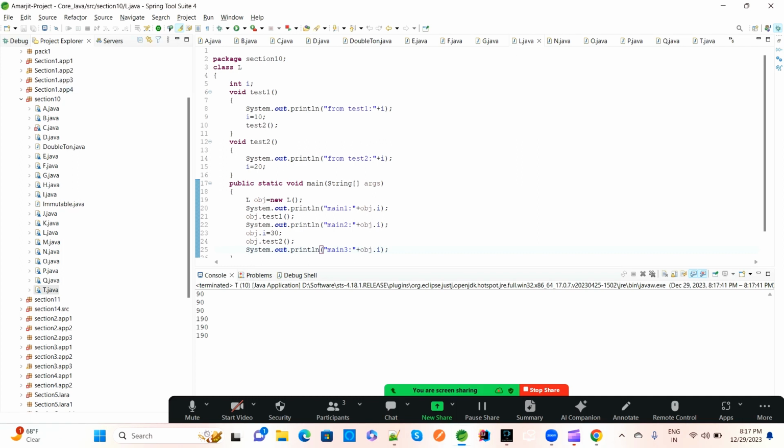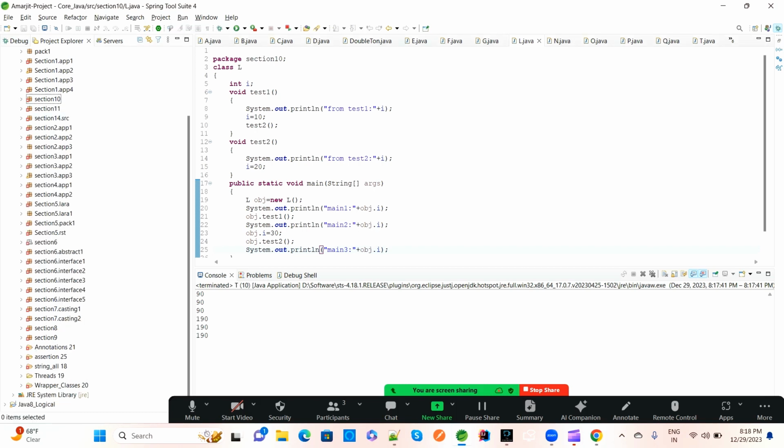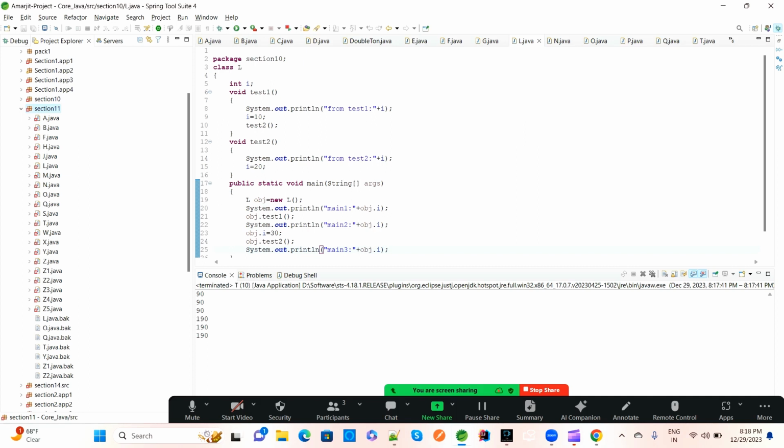So till now we covered section 10. This section 10 has covered all the concepts which we discussed till now, from 1 to 9, and now we will complete section 11. So in this section 11,